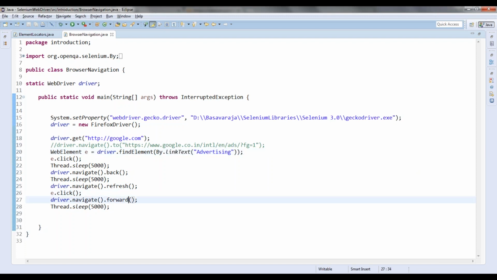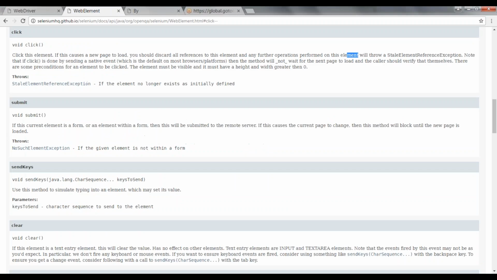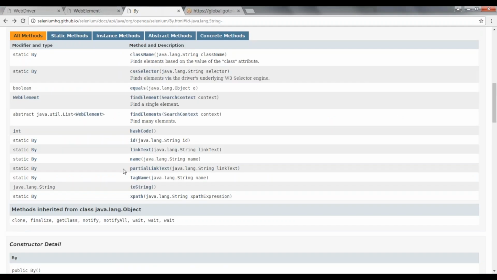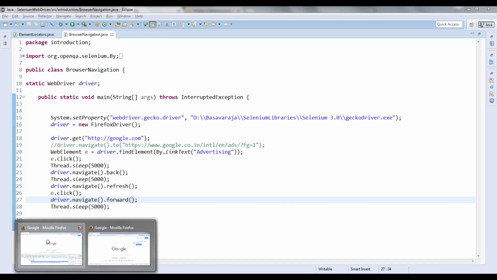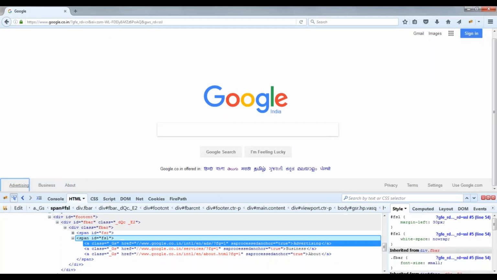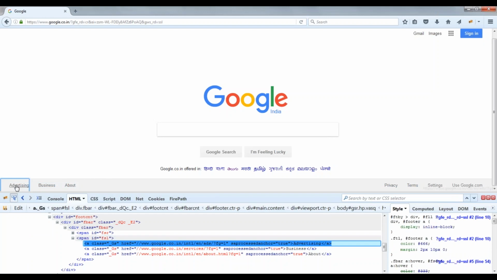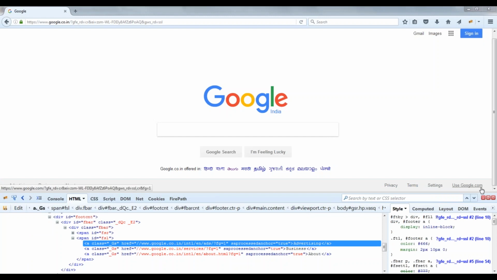No. So that's clear, right? So there is one more thing, that is partial link text. I want you guys to try. Partial link text is nothing but, in this page, you take some partial value. If the link has, you can see here, use google.com, you can just use google.com, and then it should be able to click on this element.